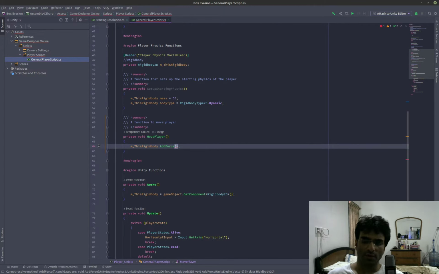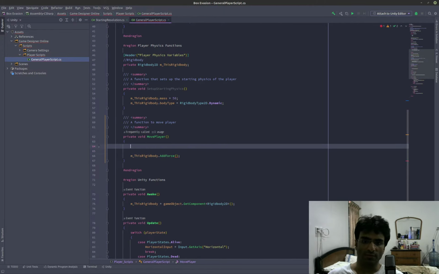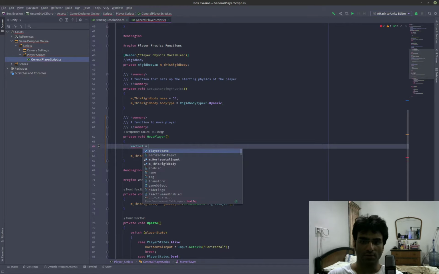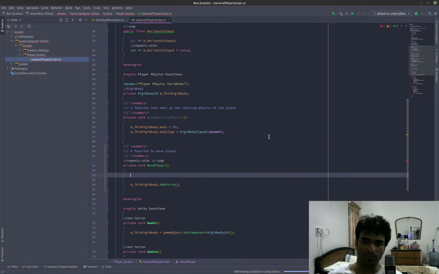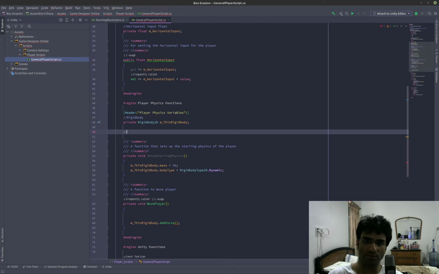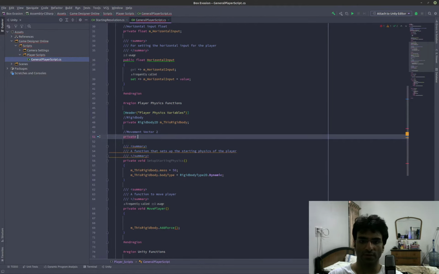You have to add a force in either direction, so I'm going to say Vector2. In fact I'm going to initialize this just for optimization,